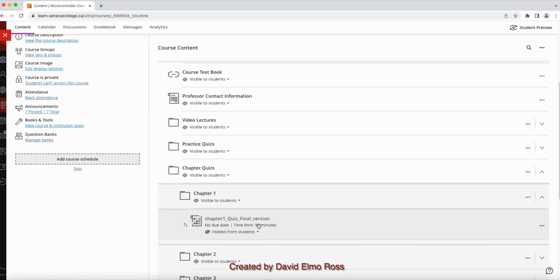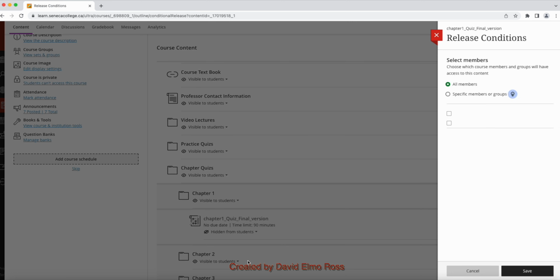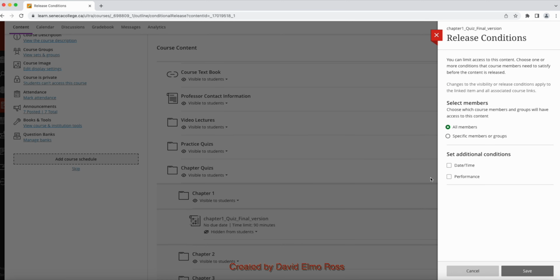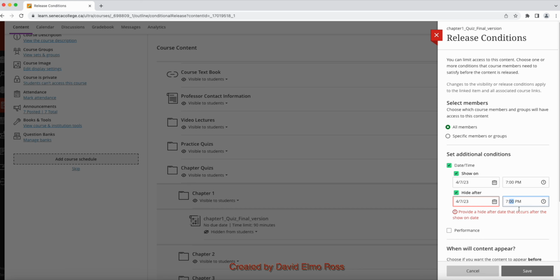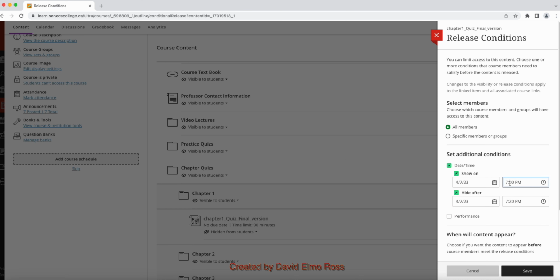Now right now it's set up to be 90 minutes, as we said, where they get no feedback. And right now it says hidden from students, but what you want to do is actually put in release conditions. And what you want to do is say set date and time, because you want to say this is the date the test starts, this is the same date and whatever the amount of time that you want from the beginning of the test to when it disappears, and you want to put it in here. For instance, right now is 7 o'clock roughly at night, so I'm going to say 7 o'clock, and I'm going to hide it after, and we're going to say 7:20. So that gives the students 20 minutes to get started. Now it's giving us an error message here, but if I click up here, it goes away,